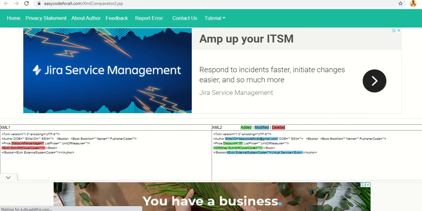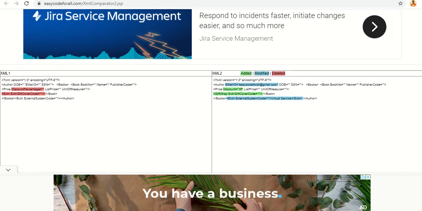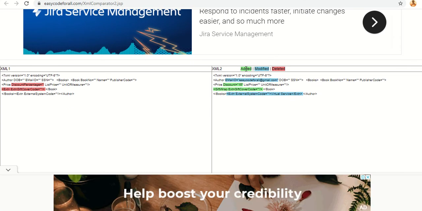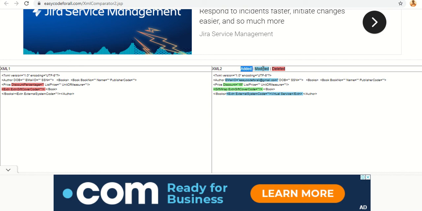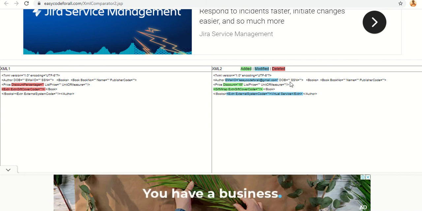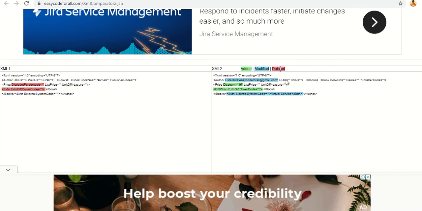It compares both the XMLs and shows all the added elements or attributes in green, modified elements or attributes in blue, and anything deleted in red.